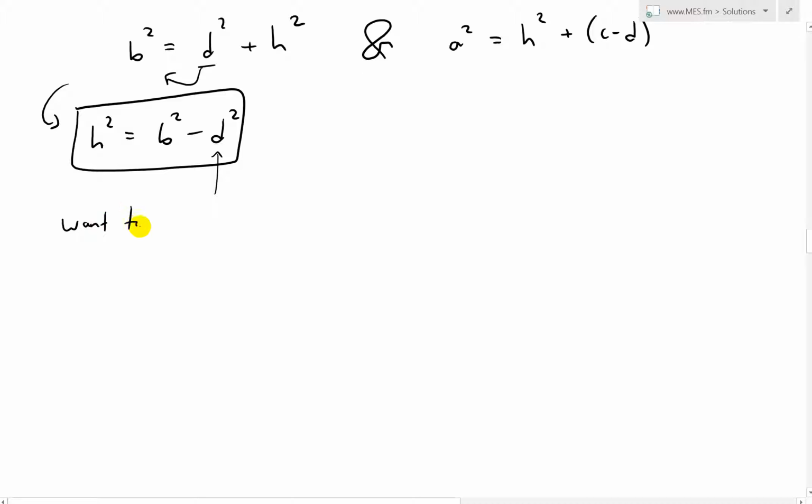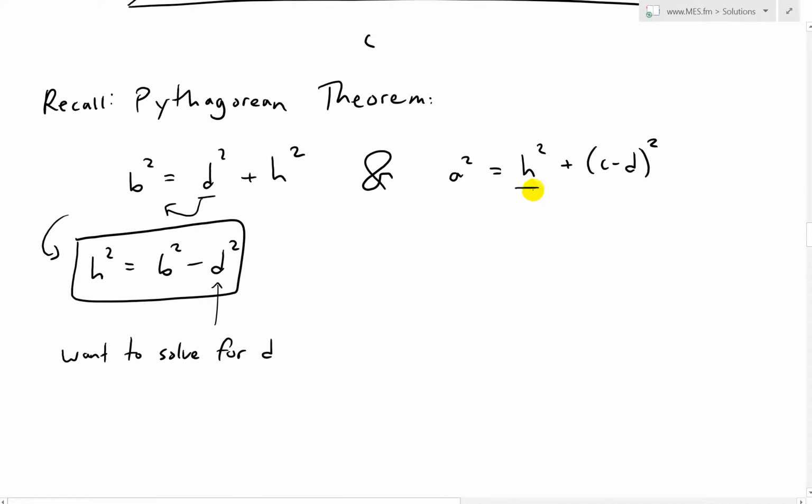Want to solve for D. Now one way we could do that is, we can move this over to this side. Actually, the other way around. I'm going to move this over so we have H by itself. So what we end up getting is H squared equals A squared minus this, (C minus D) squared. And now we could just expand this out, so we'll have A squared minus, and when we expand this, the reason we're going to do that is we want to simplify it, and then we'll see that we could subtract this equation from this equation to cancel